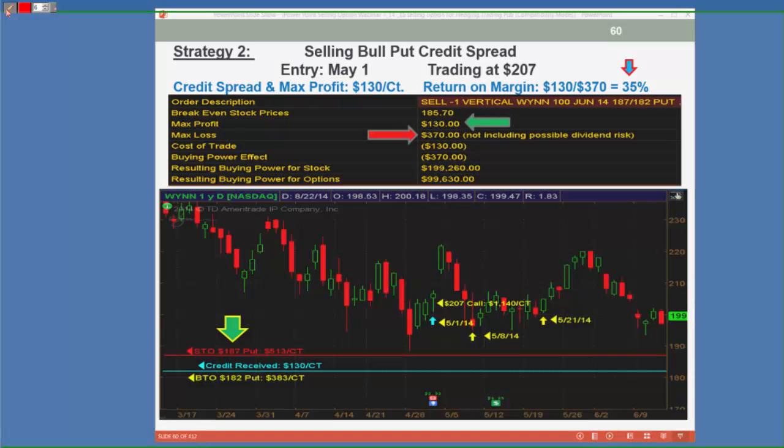The 187 puts, bought the 182 below. She got $130 credit. Her max risk was 370. If everything worked out well, she would make 35% return, and that's good. Now, she opens up her P&L though, on May 8th, it's 196 trading, and she looks over at her P&L,